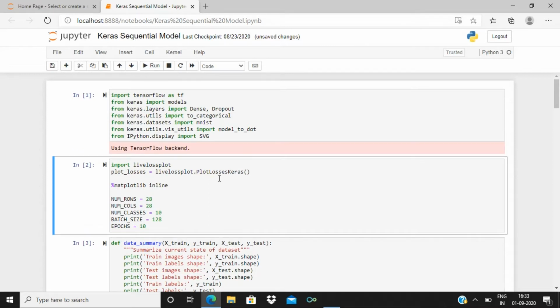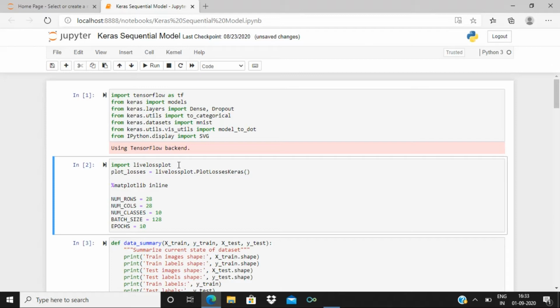As I have said in the previous videos, Keras will be running at the front end and TensorFlow will be running at the back end. Now we also need to import livelossplot. This livelossplot helps us to have a glance at the live training of the model. So we can actually visualize how the error is decreasing and how the accuracy is increasing for each epoch. But now the importing part is done.